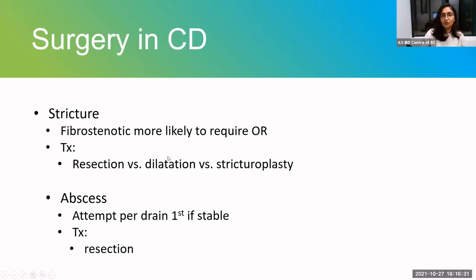Dilatation endoscopically, of course, has to be accessible by either a colonoscopy or an upper scope. Strictureplasties are usually reserved for patients that have multiple areas of strictures, and we're worried about removing too much small bowel because they would be at risk of developing short gut syndrome. But a resection is the most common procedure that we usually do for